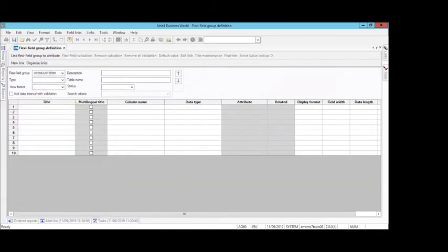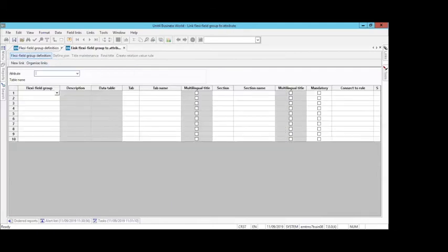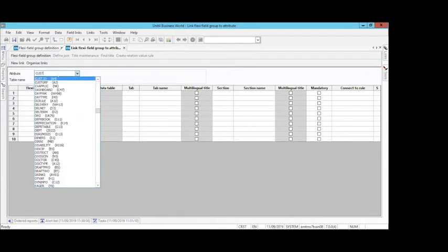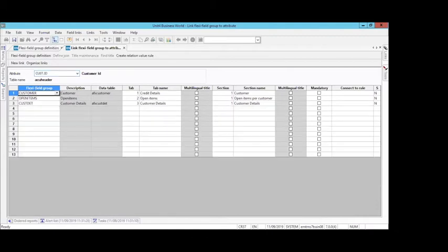that new browser tab, and then I'm going to do the same thing as I did before. I now need to actually link that, just check that that's all saved, and I'm going to link it to an attribute. So I click in the tools option, link field group to attribute. The attribute again is going to be cust ID, and I tab, and there's the customer details one that I added earlier. Again, I'm just going to insert a new row, and coming down to line 4, I'm then going to choose my open cust item FlexiField group that we've just created, tab my way through,